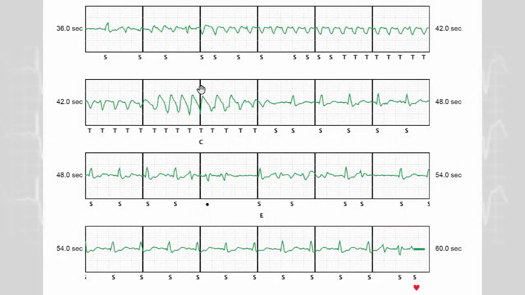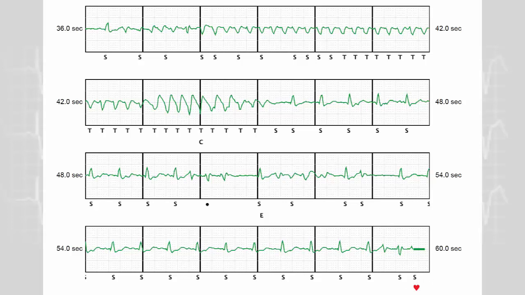This is now the same patient, but with another episode of arrhythmia. You can see that this is once more a polymorphic ventricular tachycardia. You can see here the onset of the charge, but then a spontaneous reduction of the arrhythmia. The device will go to the end of the charge, and at the end of the charge we'll try to confirm the presence of the arrhythmia. Since there has been a reduction, no shock will be delivered, and then you can see here this marker of